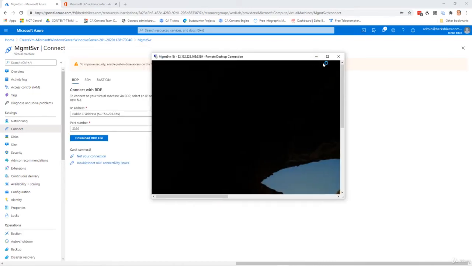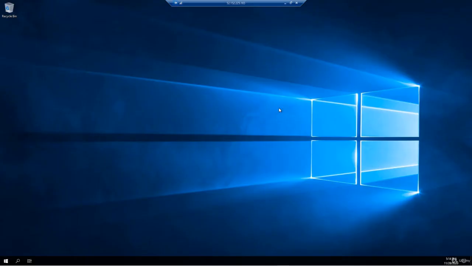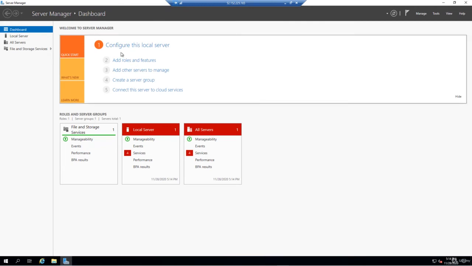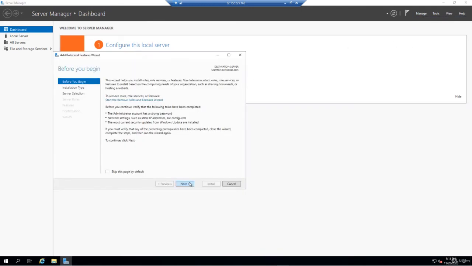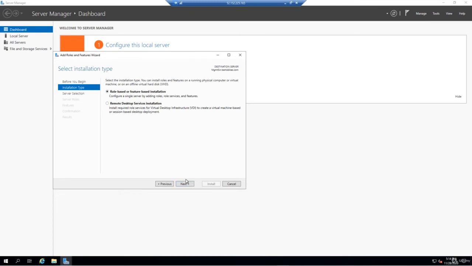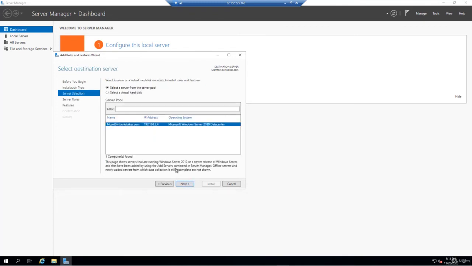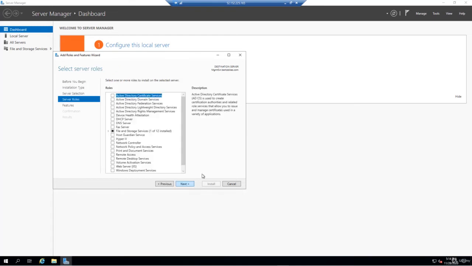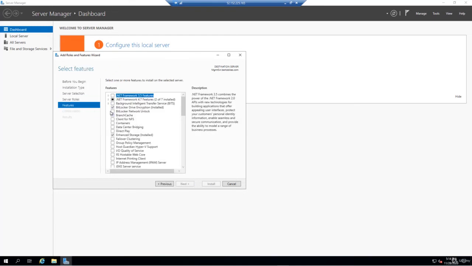Now what we're going to do here is install the Active Directory tools so we can use them to manage our burkspikes domain. So what we'll do from the dashboard here is go up into Manage, and we'll add roles and features. We'll next through again for installation type. For server selection, we only have one. Now, this isn't a server role that we're going to install, so we're going to next through this. It's actually a